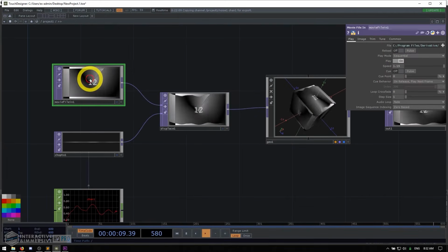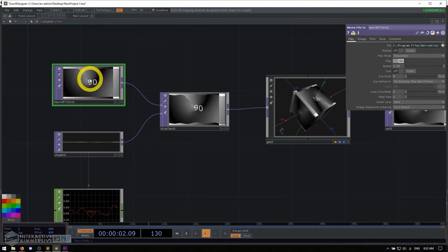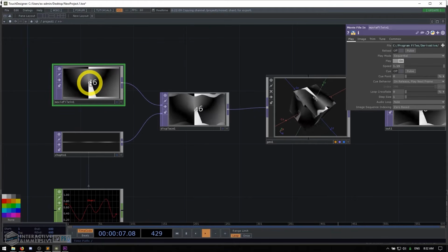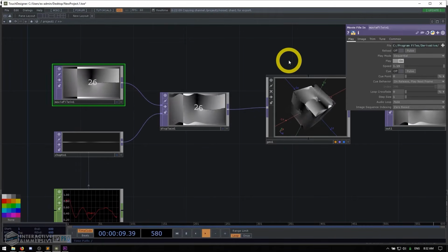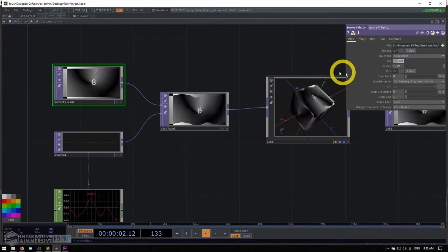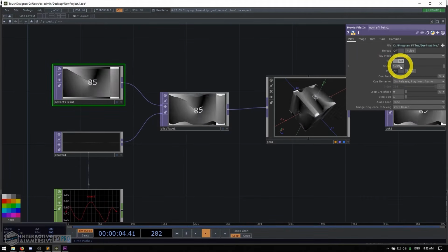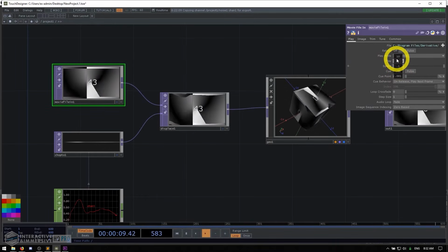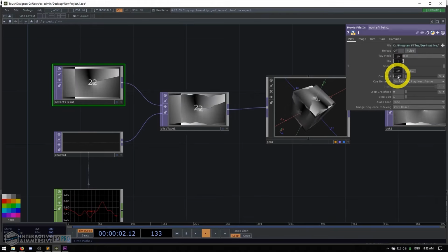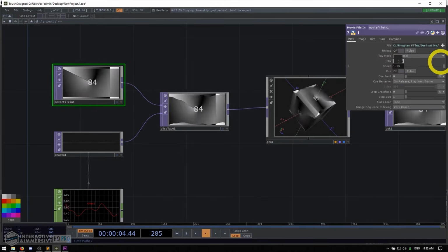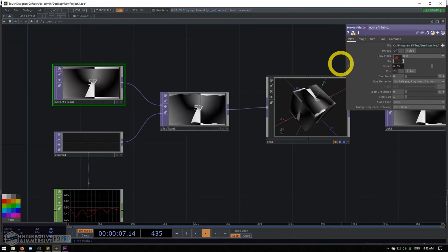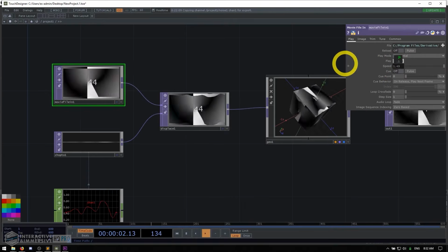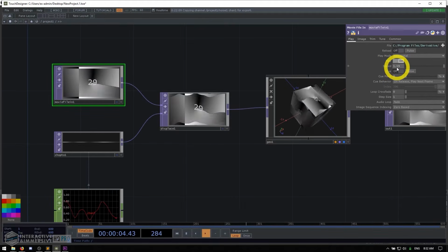Now, in the off chance you don't have a good mouse with a middle click that you can hold and drag easily, or if you're on a laptop, there was a new way added maybe about a year ago on how you can do this another way, and that's to hover your mouse over the value. You're going to left click and hold, and if you hold for just a little bit longer than you would think, all of a sudden the value ladder pops up, and you can do exactly what we were talking about, but using the left click and hold. A lot of the more senior TouchDesigner developers, because we've developed that habit of using middle click, that's what we use.